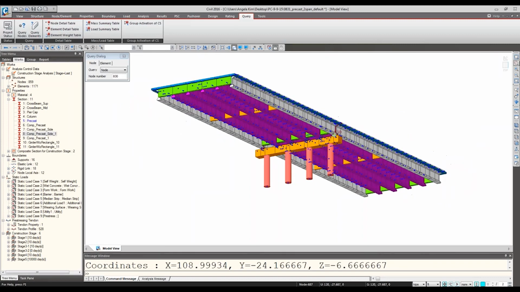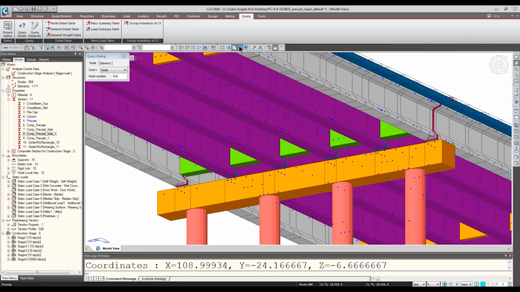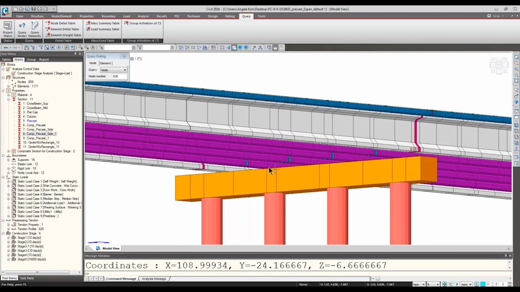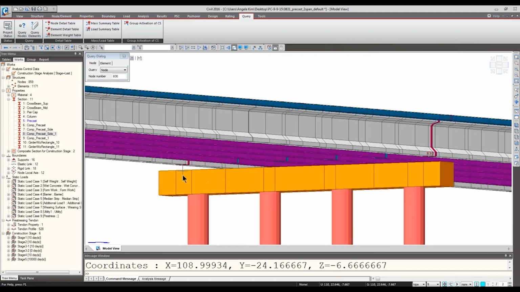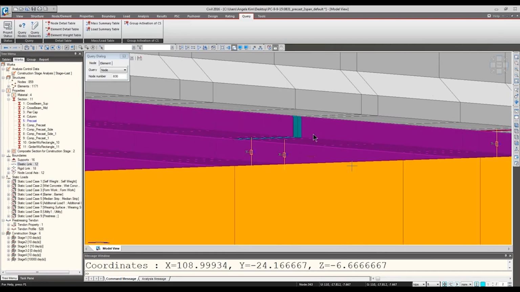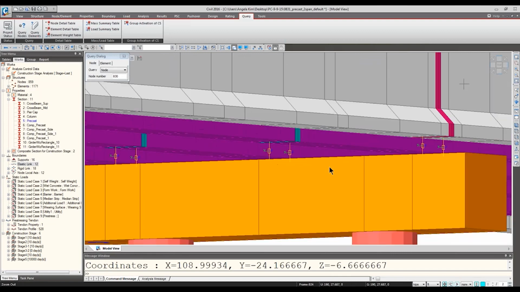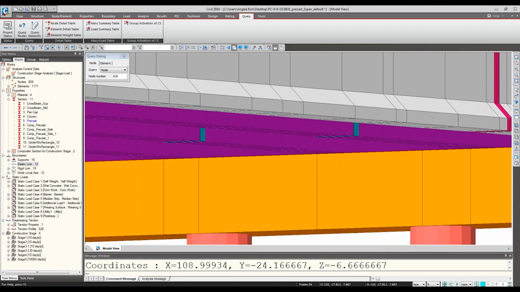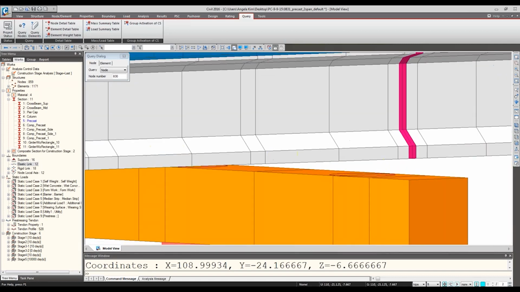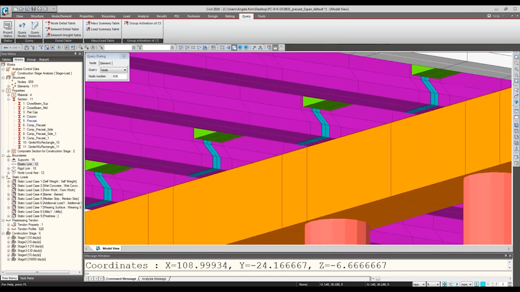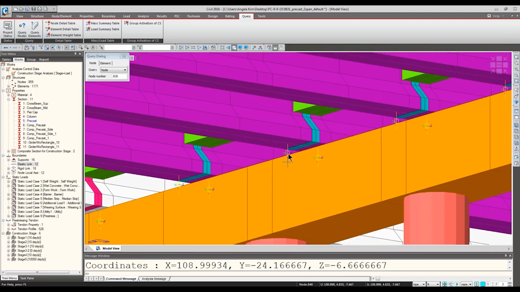And if you actually need to model a raised bent cap, what you can do is, right now, if you look at it, by default the wizard is creating the model to place the pier cap underneath the girder, just the regular way. And then the links are modeled. Also, this is another question that I often get from the engineers, especially from the Texas area, about having the two reactions coming onto the pier cap like this. So what I'm showing right now is the links that are modeled to the pier cap.